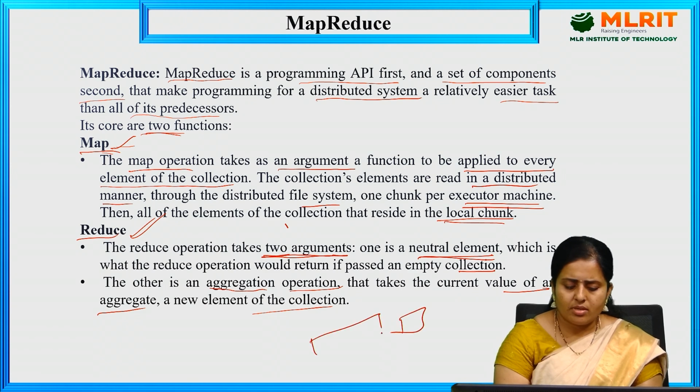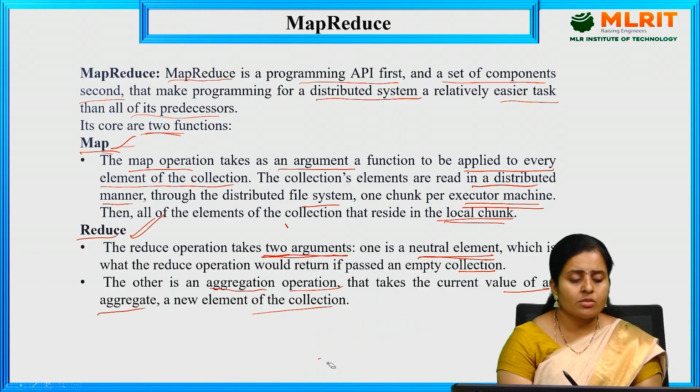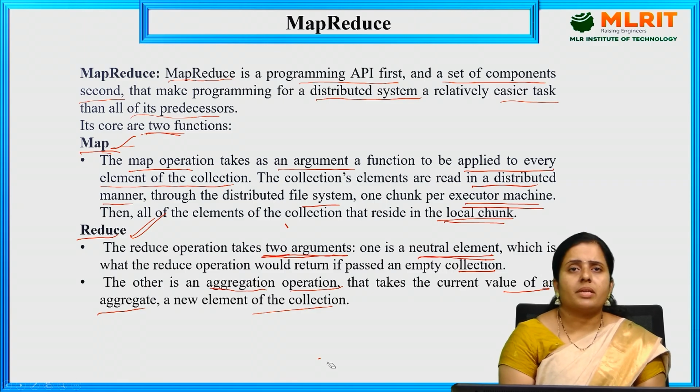This is all. So we'll see a small diagram. Here, this is my collection. Already I have 4 elements, so this is my already existing collection. It will add one new element to the collection through the aggregation operation. Through aggregation operation we can say that new data is going to enter the storage. So these two operations are the main core functions of the MapReduce computing model.